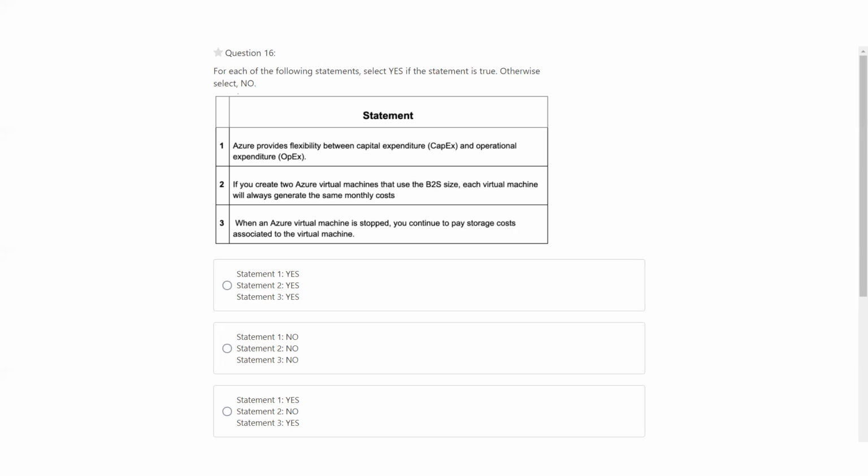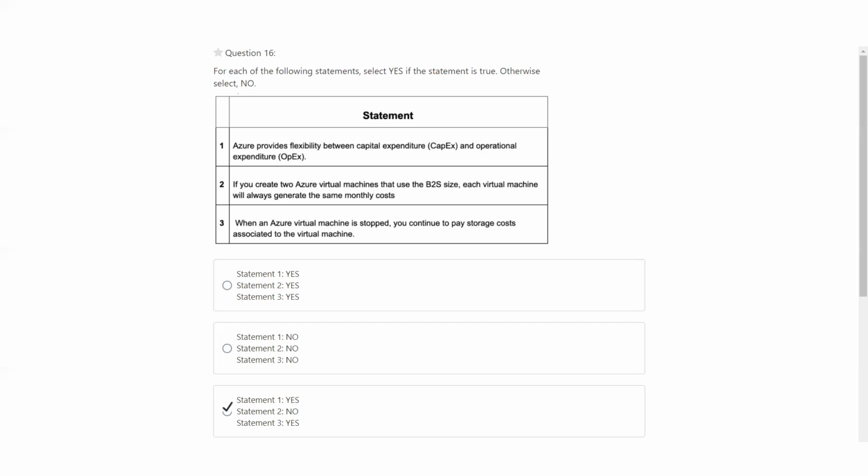If you stop the virtual machine from the Azure portal, that means you have actually deallocated the VM, but you still have to pay for the storage cost, because the storage is created separately from the VM. So the VM is stopped, but you still need to continue paying the storage cost because you are continuing to keep your data. If you delete the storage service, then you don't need to pay that.